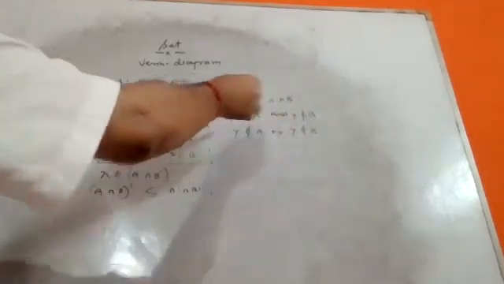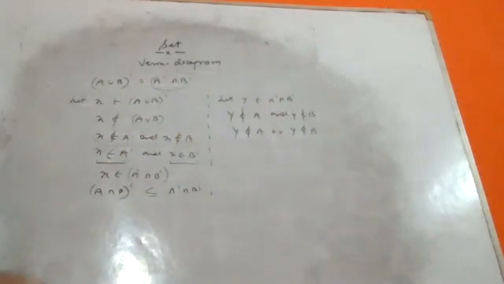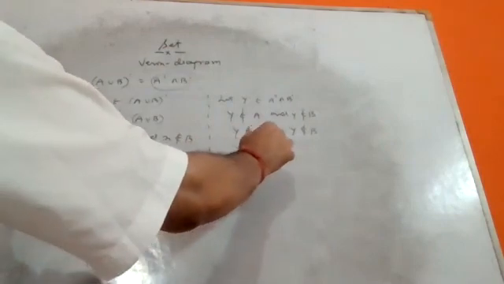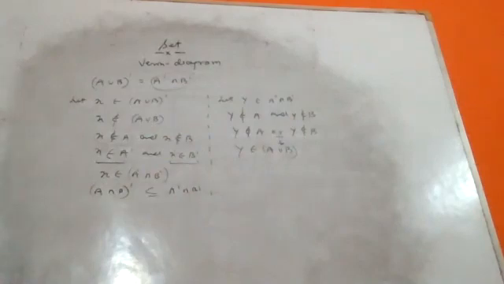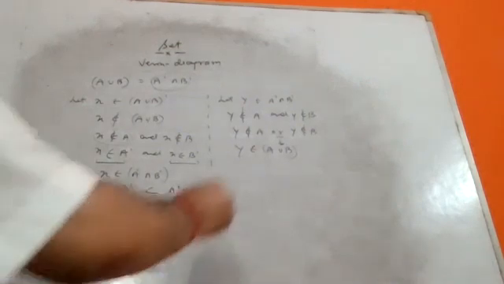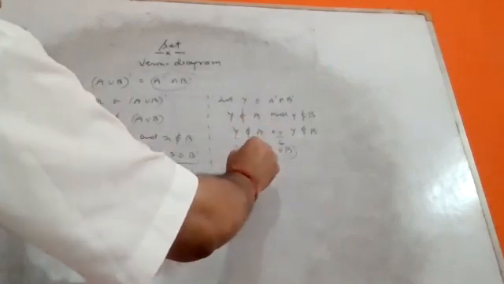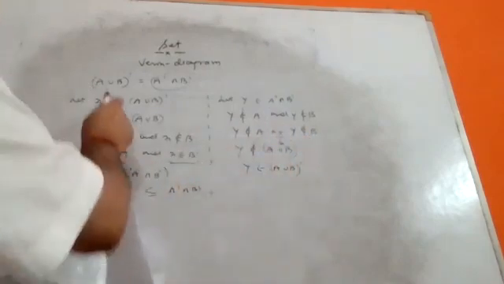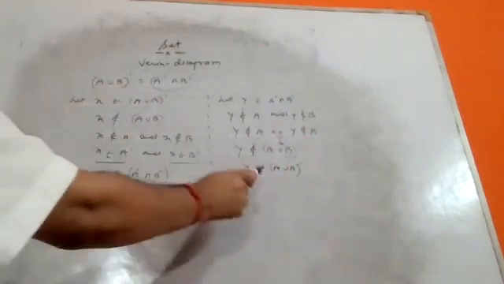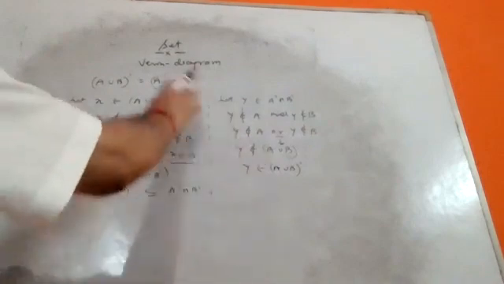Why do you put down the reverse sign? Because in the dash problem, "and" changes to "or" and "or" to "and". That means y belongs to A union B. The "or" sign reflects to union. If y belongs to A union B, that means y does not belong to, here the sign is "does not". So y belongs to (A union B) complement. So that's why this is a subset of this one.